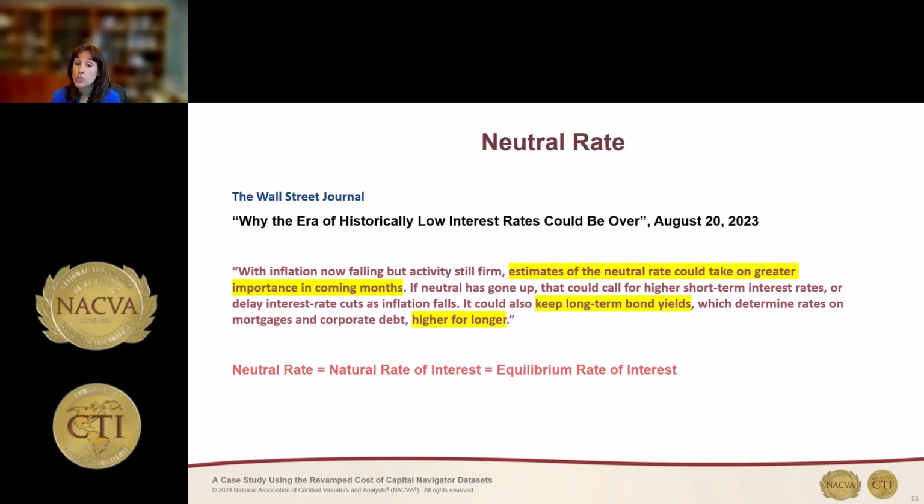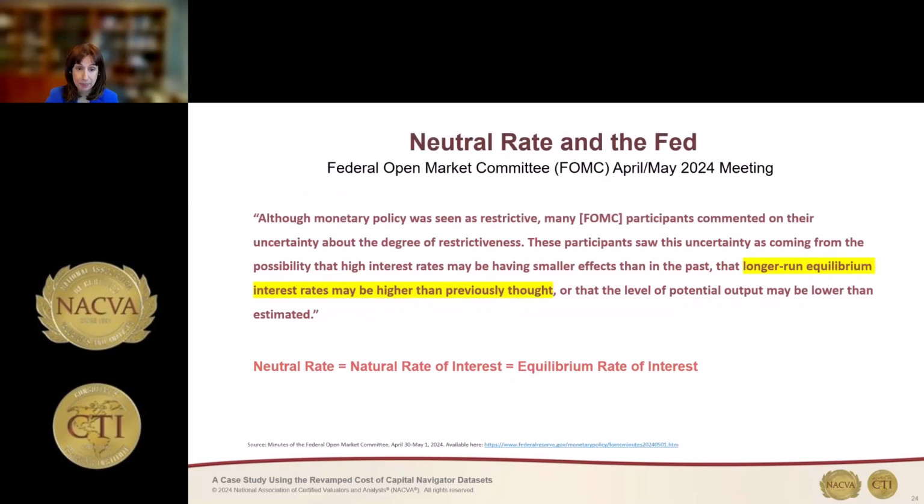It includes, or it's grossed up by, their 2% inflation target. So to get to that real rate, you'd have to subtract that. But the bottom line is that a lot of people are now talking about this concept of neutral rate or natural rate of interest. And the FOMC, so the committee at the Fed that determines interest rates and monetary policy,